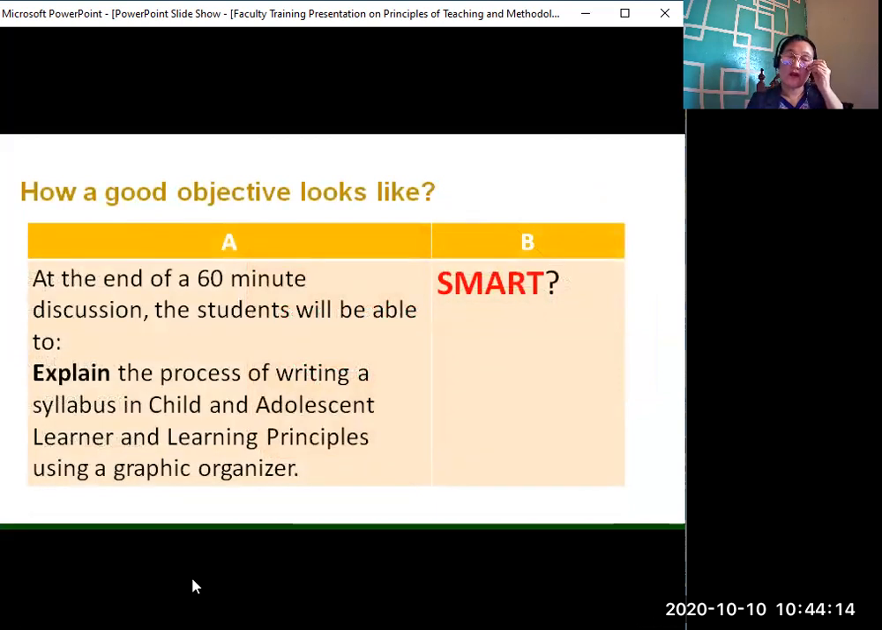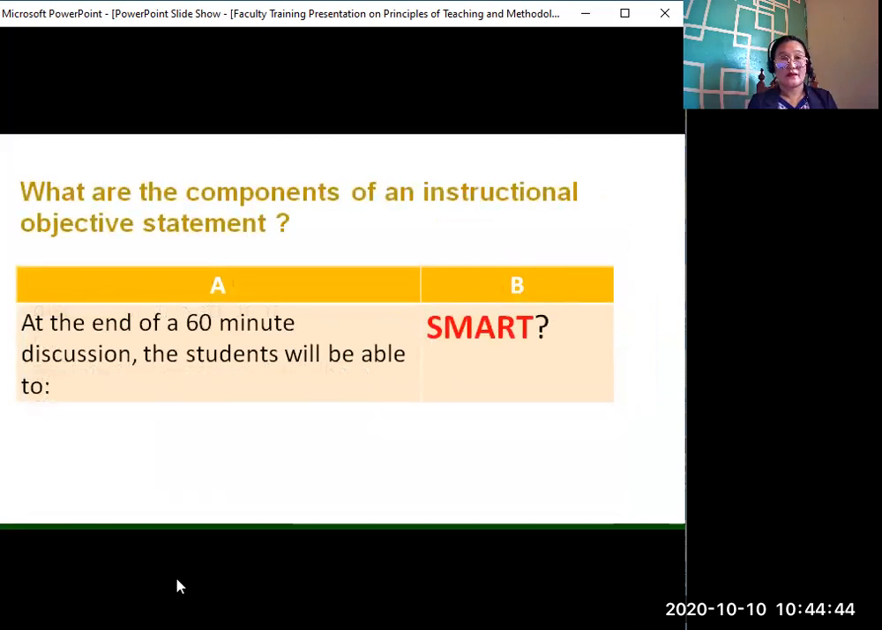Now, let us look once more at this example. At the end of a 60-minute discussion, the students will be able to... Is this objective SMART? Does this objective have the components of a good instructional objective statement: the observable behavior, the criterion, the important condition? What specific characteristic can you relate to this statement? At the end of a 60-minute discussion, the students will be able to,